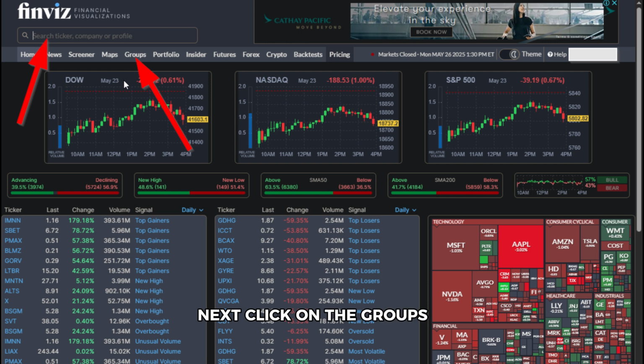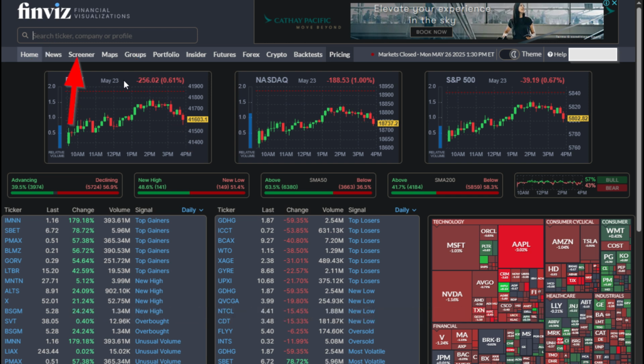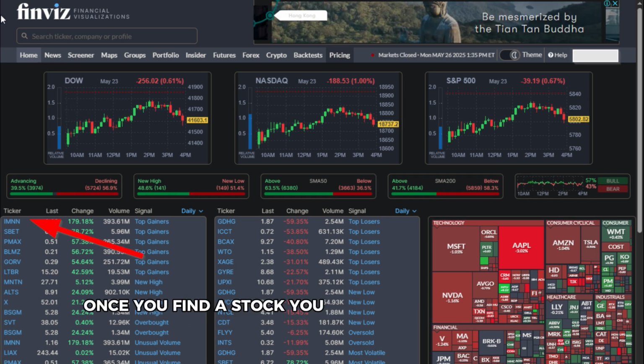Next, click on the Groups tab or directly use the search bar to find the tickers you want to track. You can also go to the Screener tab and apply filters to find potential stocks. Once you find a stock you want to add to your watch list, click on the ticker to open its